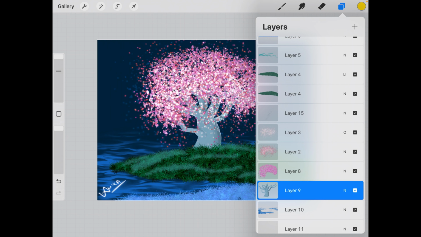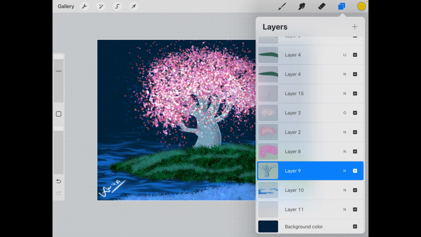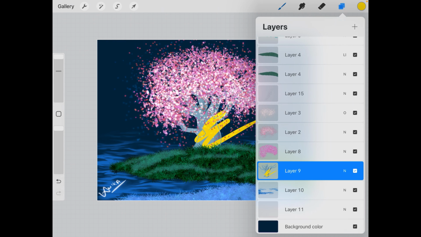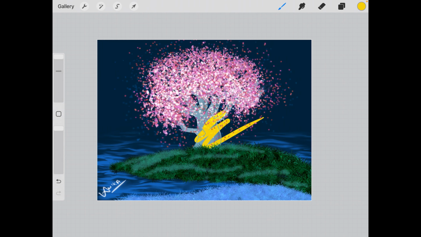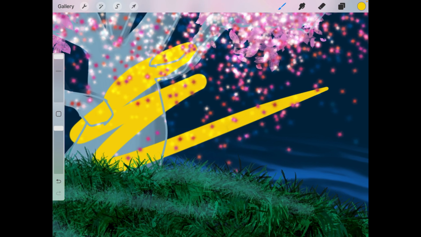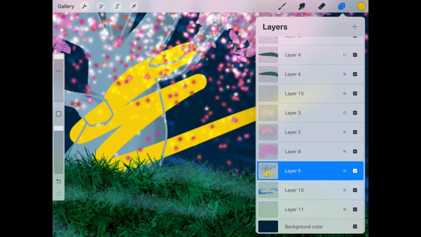Okay, so this is used also in case you make a mistake. It's easy to erase and undo and everything, because now let's say I just made a mistake here. I just did this scribbling. Now if the entire painting was in one layer, then it would be very hard, because all these small leaves I would have to redraw, and it would be very complicated.